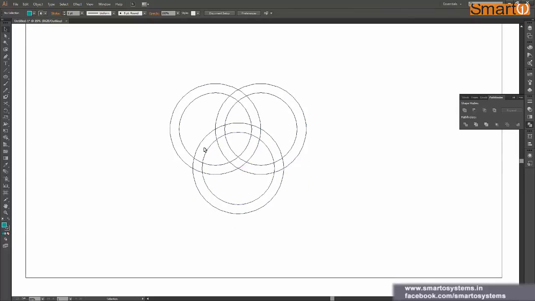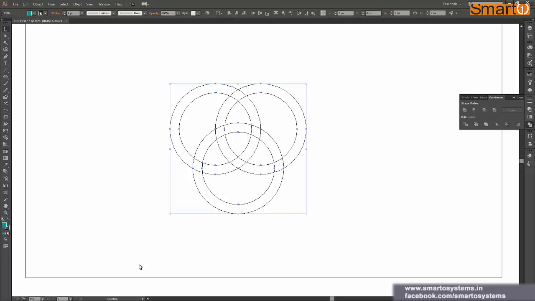So this bottom ring should be on the top of this front ring, and this bottom ring should be on the top of this left ring, and this right ring should be on the top of the bottom ring, and so on with other intersections also. So let's see how we can achieve that.